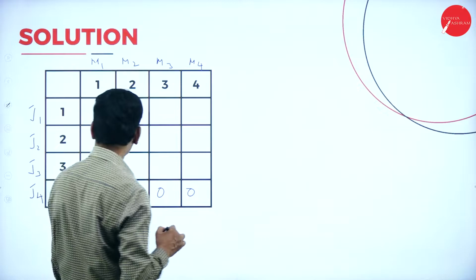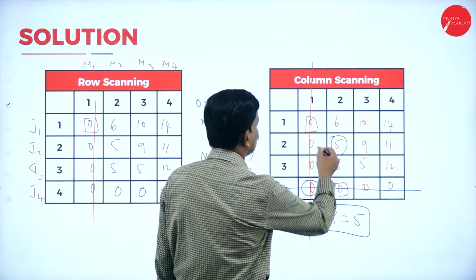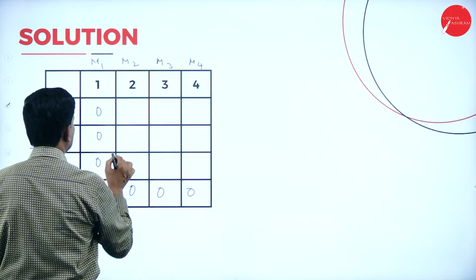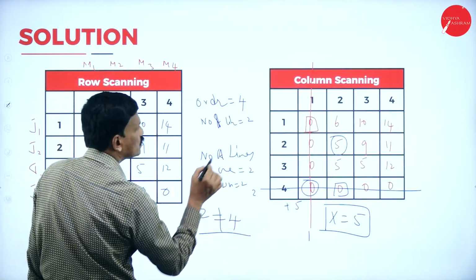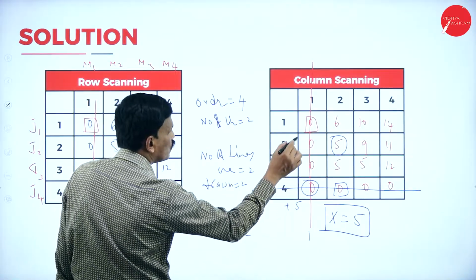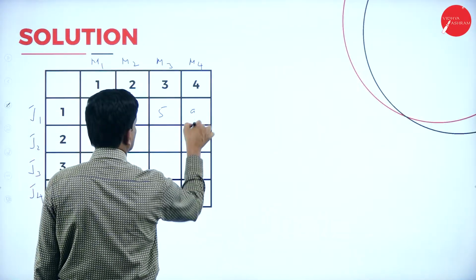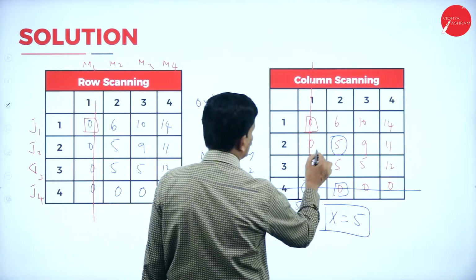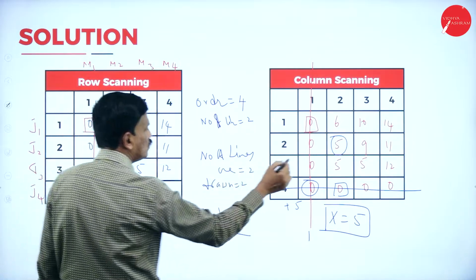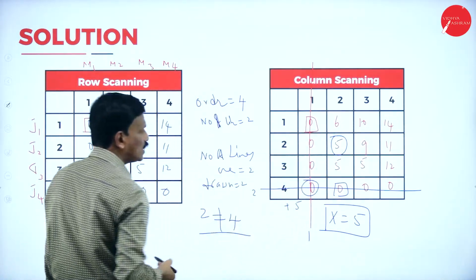Okay. Now subtract each and every element by 5. 6 minus 5 is 1, then 10 minus 5 is 5, then 14 minus 5 is equal to 9. Now let us come to the second row. Here 5 minus 5 is 0, 5 minus 5 is 0, 9 minus 5 is 4 and 11 minus 5